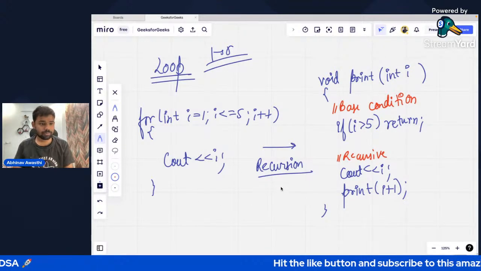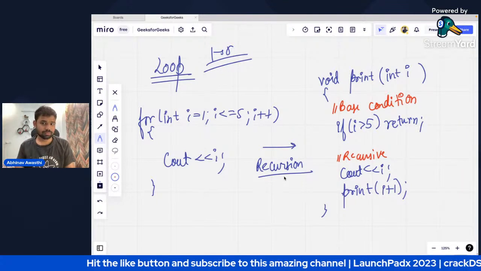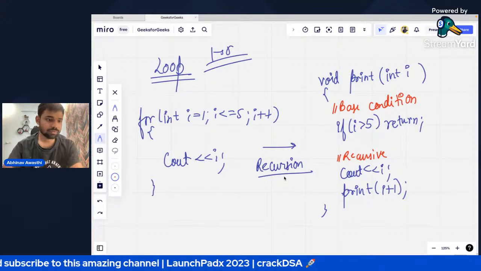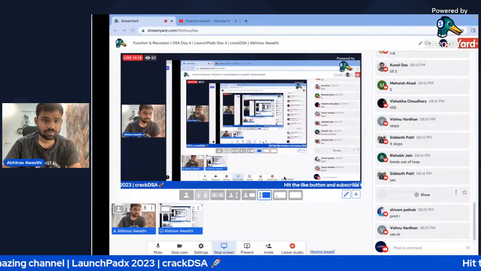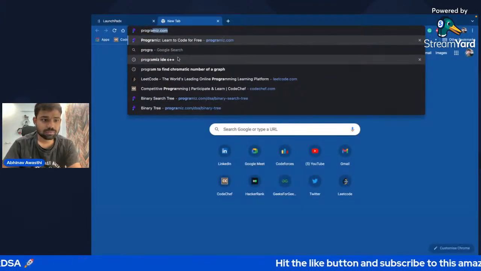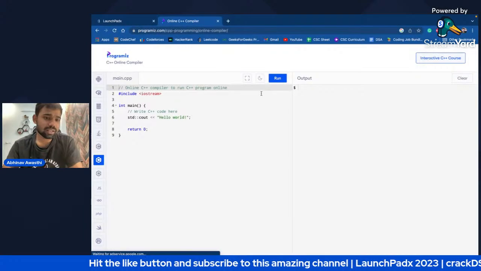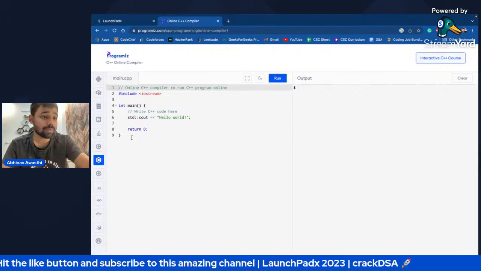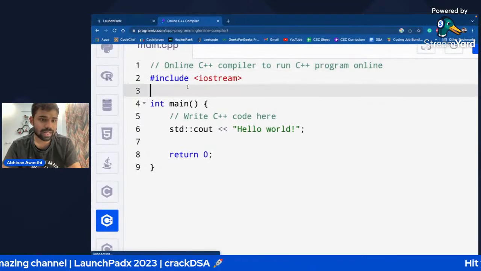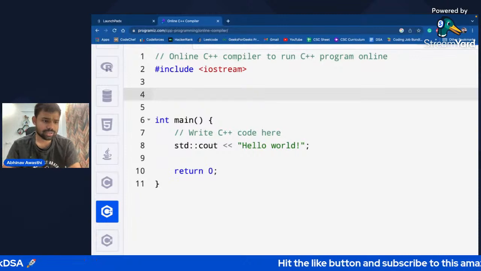Got it? Did recursion make sense? Everyone, just write a +1. Then we will implement it as well. Let's implement it and understand it more clearly. Okay? Great. So look, this is the IDE. In this same IDE, I will do the same thing.